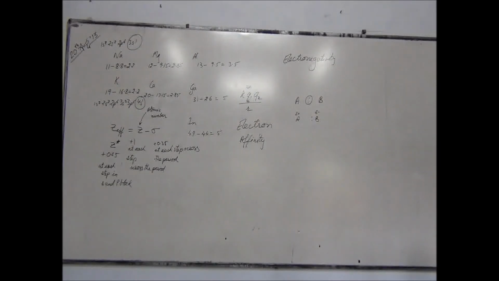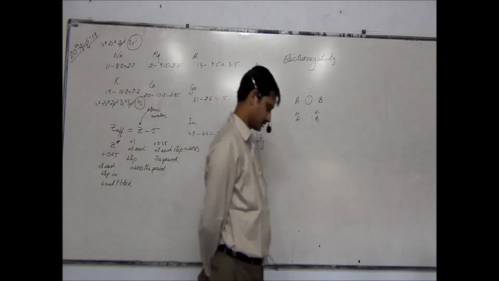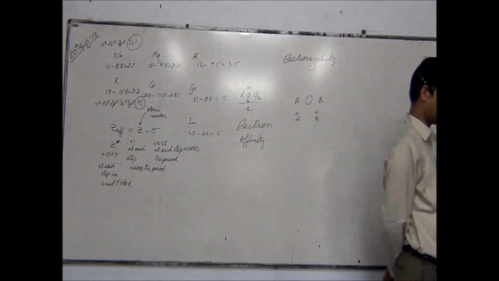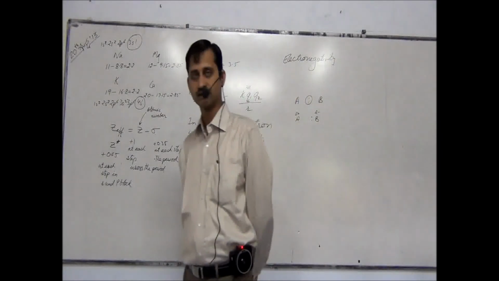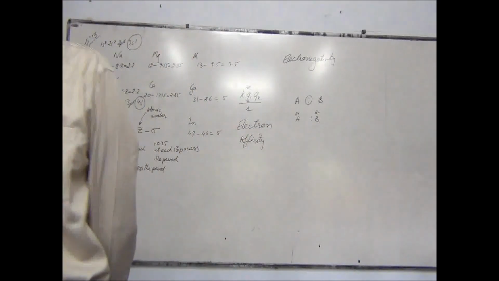atom which has more number of shells has a lower effective nuclear